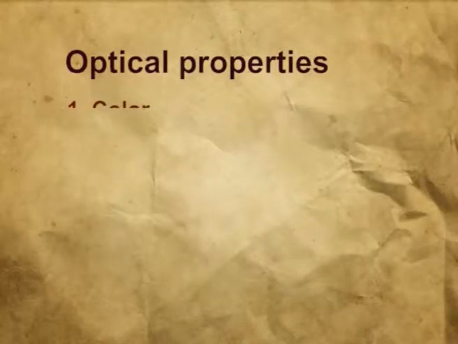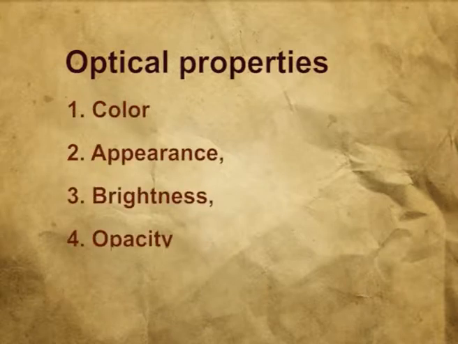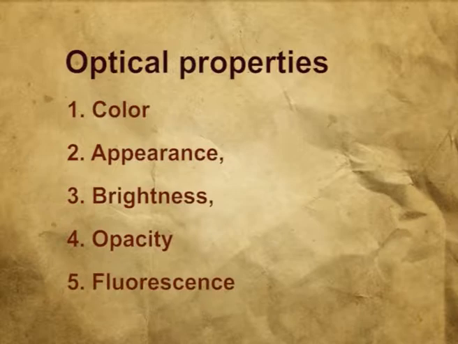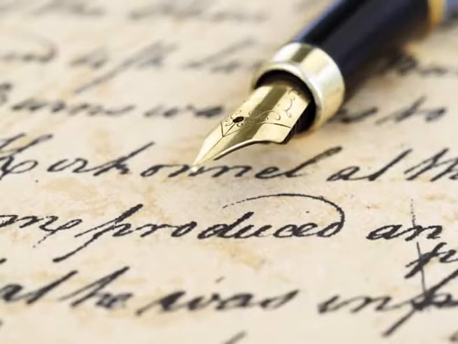Optical properties. Optical properties include color, appearance, brightness, opacity and fluorescence. Appearance of paper. This is the first and obvious characteristic which is noticed by the naked eye. Help of magnifying aids may be taken if needed. Writing, printed matter and typewriting may also be observed by using proper magnifiers. Attention should be given to pin marks, holes, staple marks, edges and corners